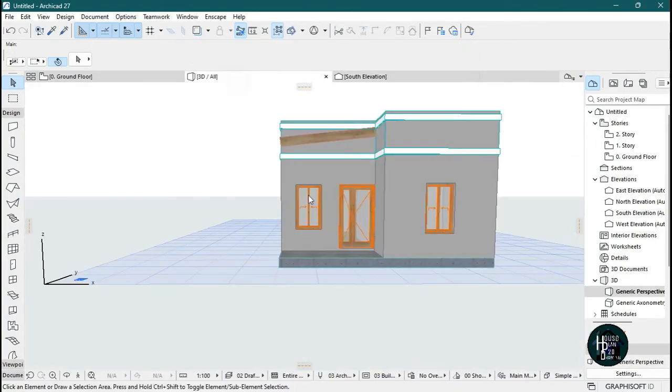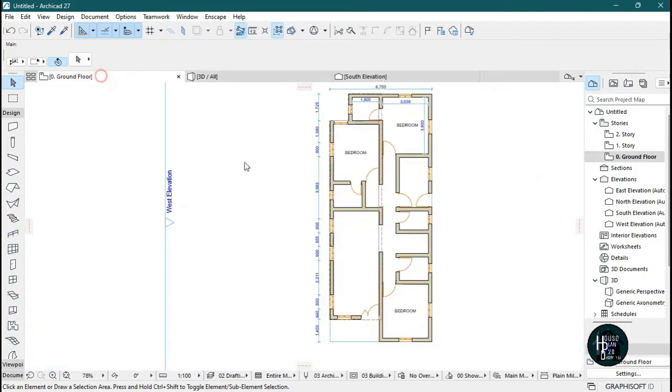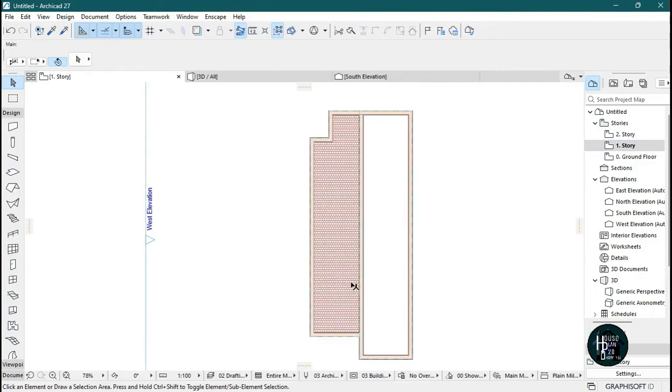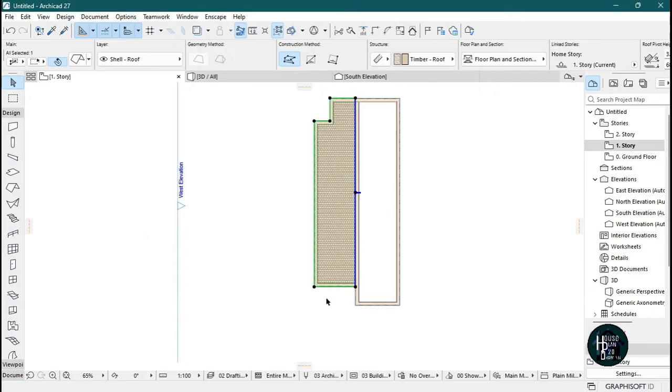Let's go back to the 3D view. So we're having something like this now. If you go to the ground floor plan, I want to try and change. As you can see, we have something like this. If you click this, you're going to be clicking on the roof. So the next thing I want you to do is